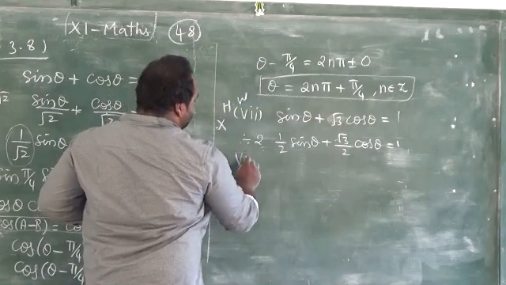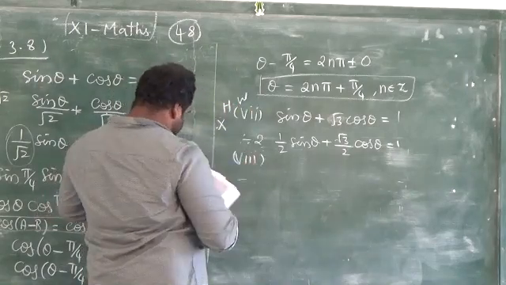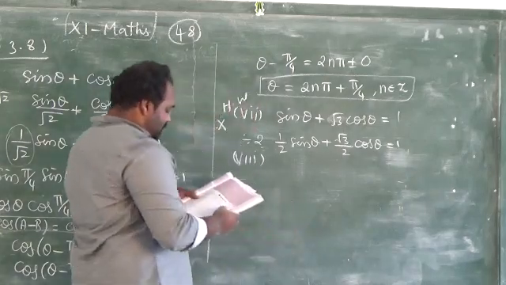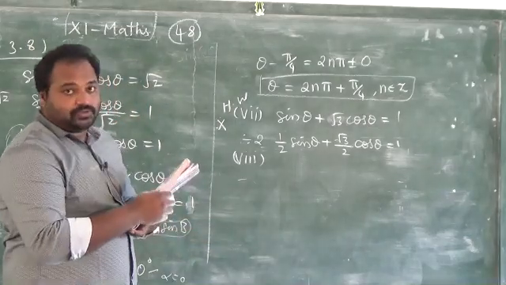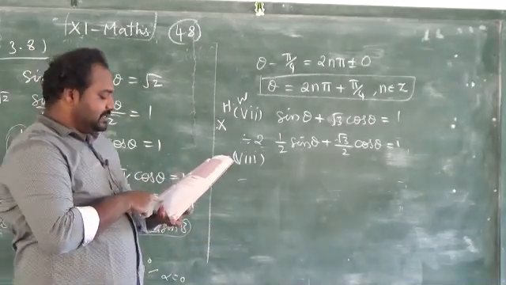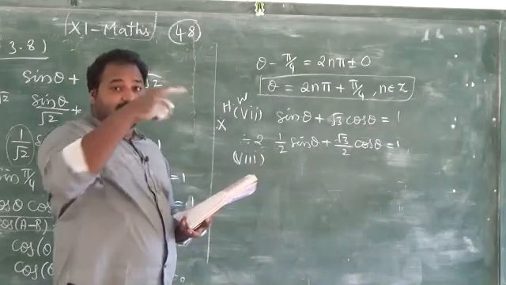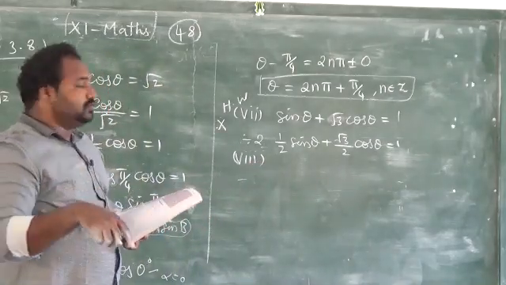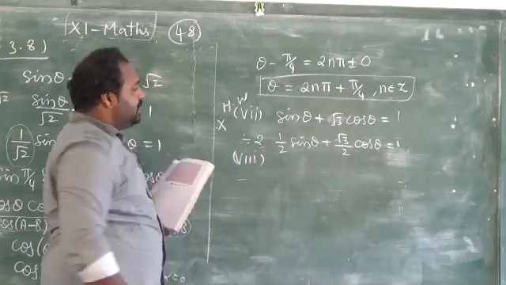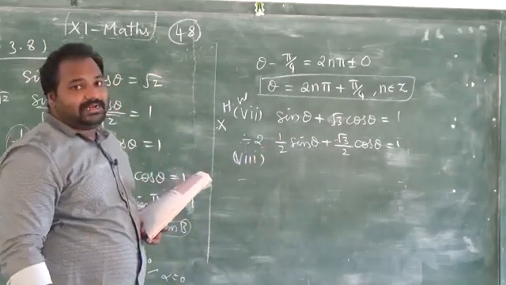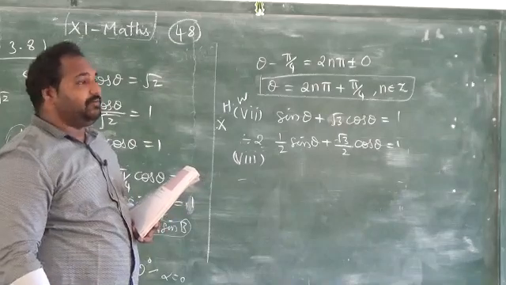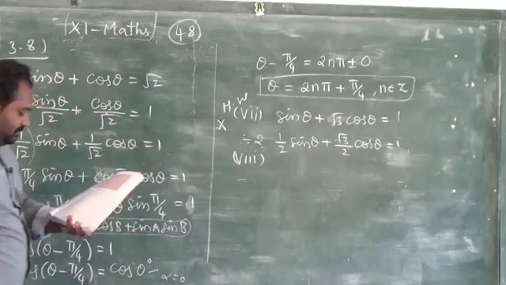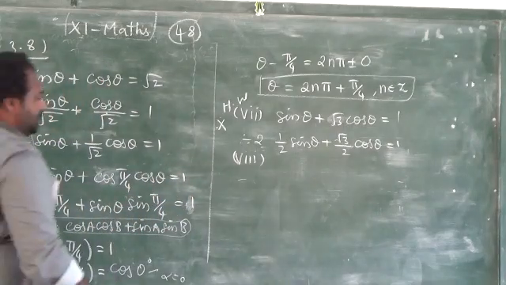Next, question number 8. Question number 8 is also the same as this. Here also you have to divide throughout by 2, because before that you have cot theta plus cosecant theta. In this you have to convert cot and cosecant into sin and cos. Then you divide by 2. Once again you will get the same format, and then using the cos A minus B formula you will get the answer. Question 8 is also homework. Next, 9th problem. Problem number 9.